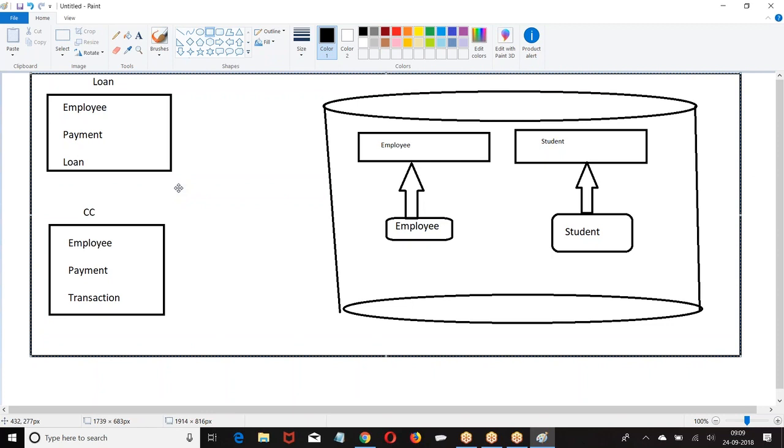Whatever data I am saving here, all this data belongs to the same organization. So the table remains the same, the tab remains the same. This tab can be added to multiple applications. One object will have only one tab. The same tab can be a part of multiple applications.